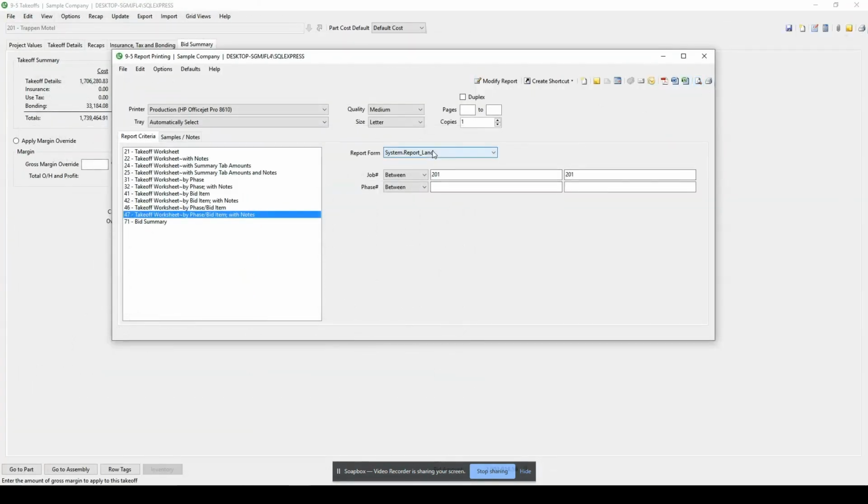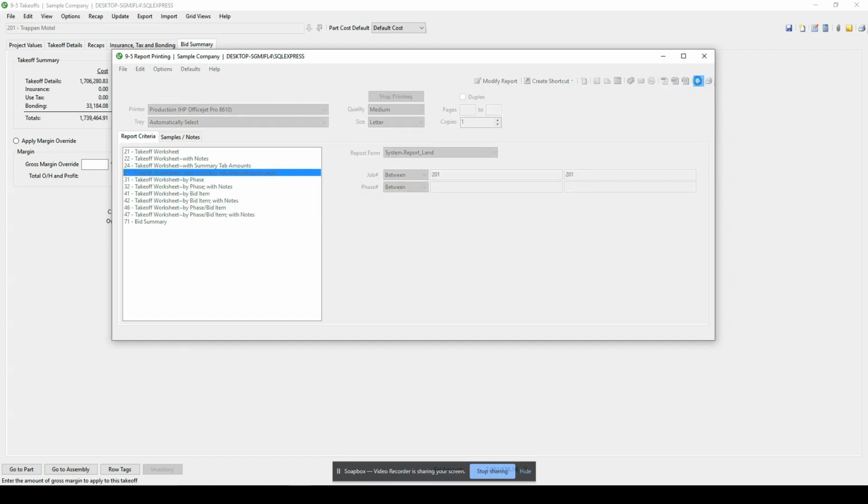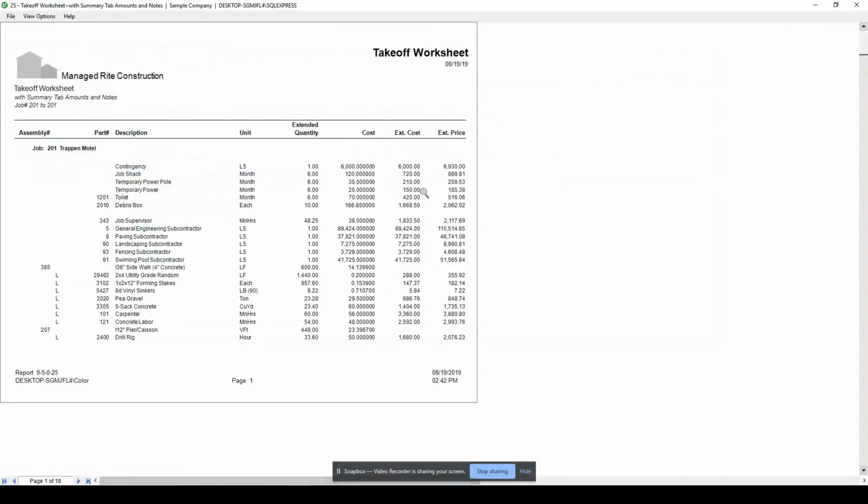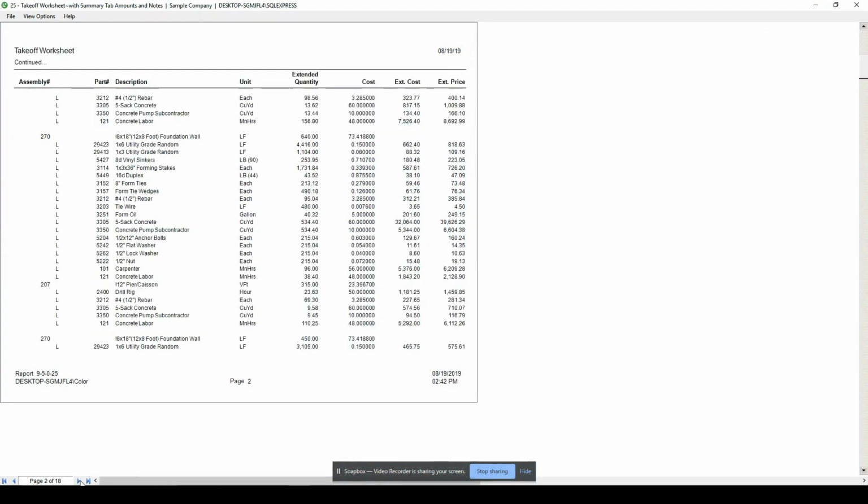So not only can we see it in our different views, if we want to look at, say, a worksheet and a summary tab amount, which is going to be report 25 from bid items, I'm able to see my job, my assemblies, all of the descriptions of everything that is considered a part number, the unit of measure, and so on.